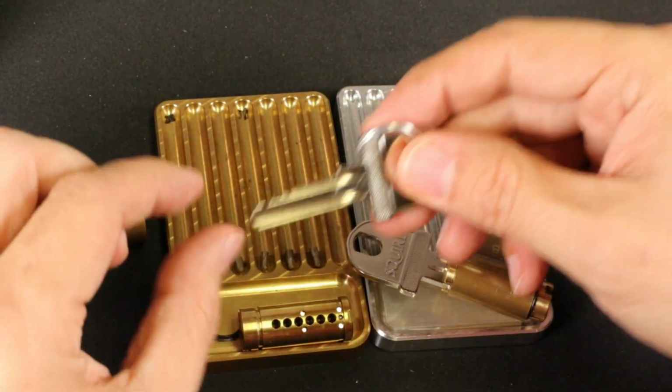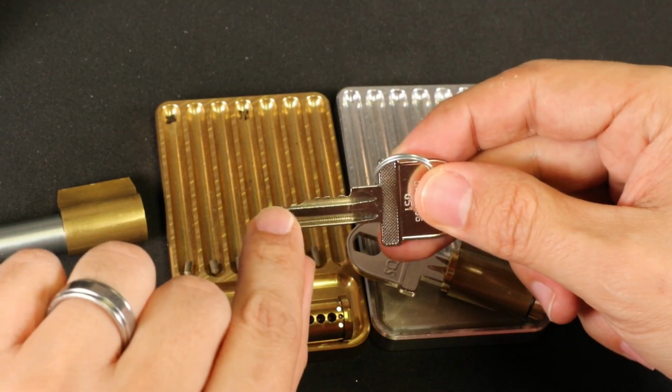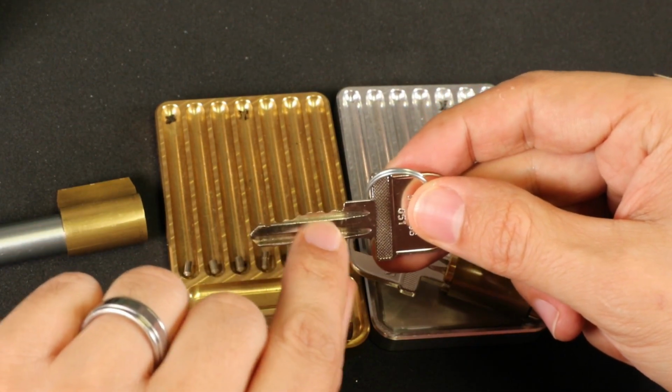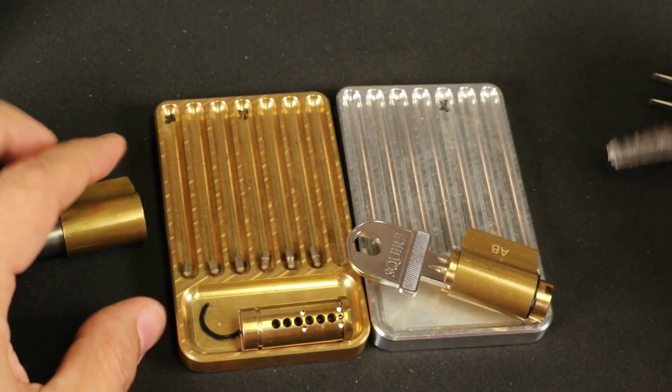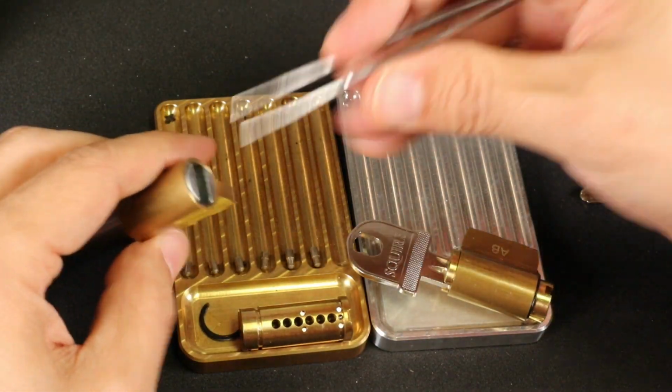Where's the key? Is this the key? Yeah, so you can see the last 3 are down low and the first 3 are up high. So these don't have to travel far. They only travel a little bit, but they're way up there. All right, so